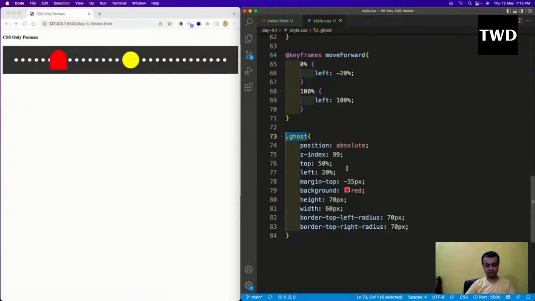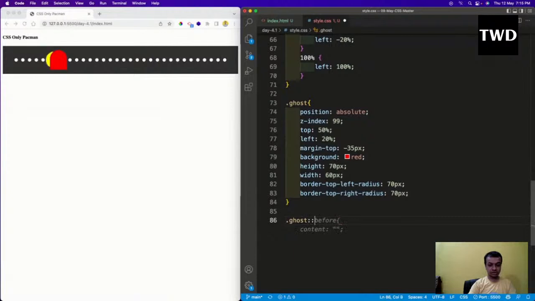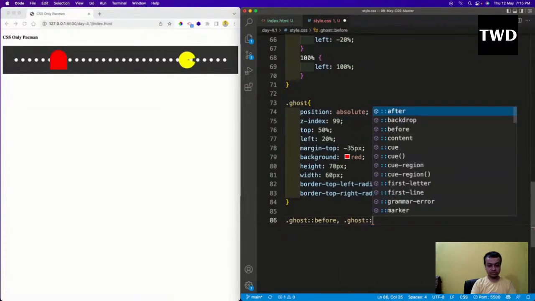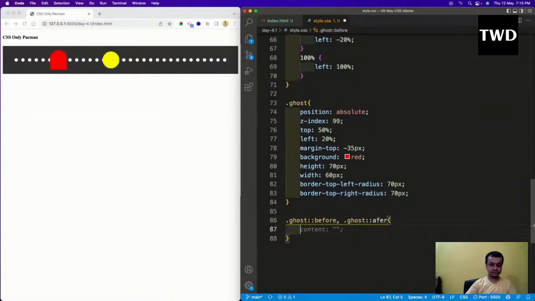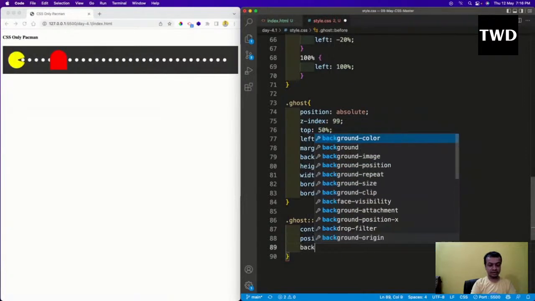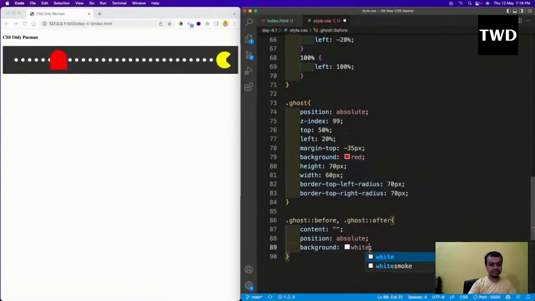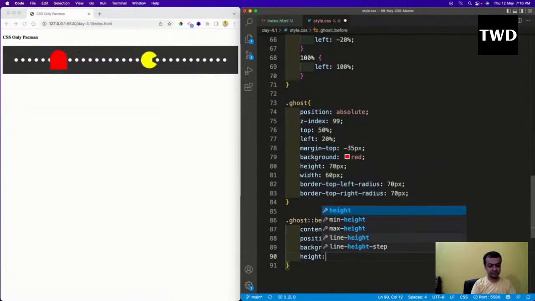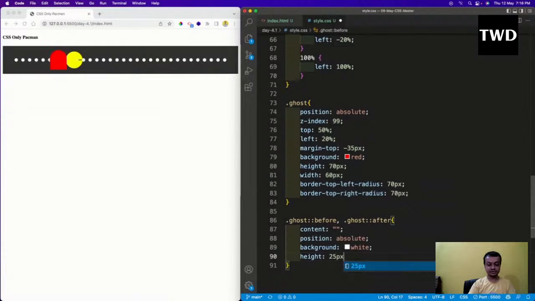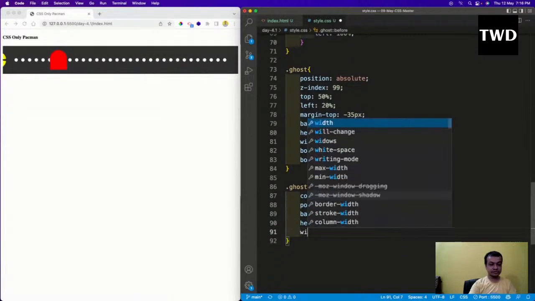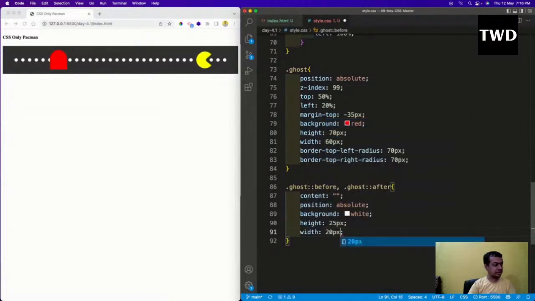So this ghost before, dot ghost after, and it should be after, and then the content is like this, and position is absolute, and background is white, and height is 25 pixels, and width is 20 pixels, and